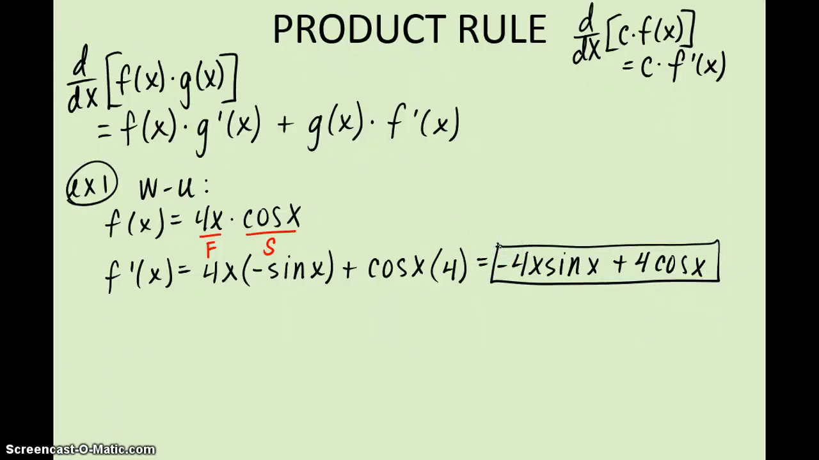And that's it. Now you'll have to get used to saying it in your head. First times the derivative of the second, plus second times the derivative of the first. Okay, the product rule